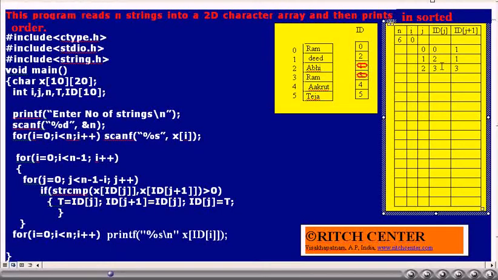As x of 3, that is the string ram, comes first in the alphabetical order compared to x of 1, that is deed, the id of j and id of j plus 1 are exchanged.